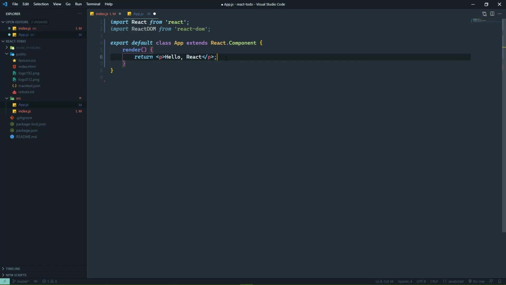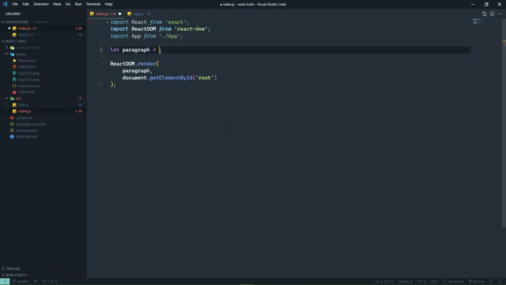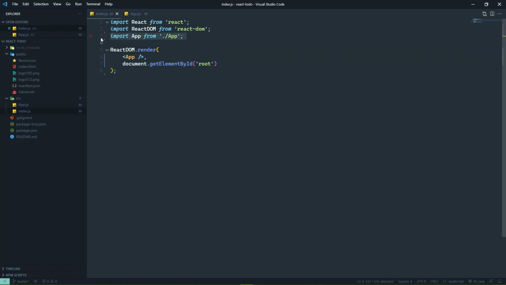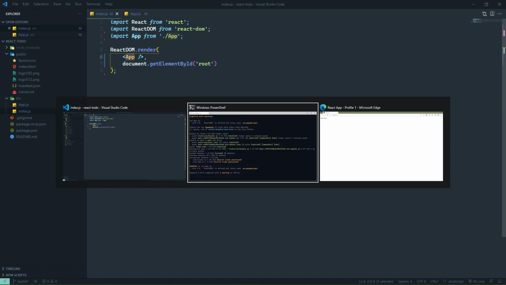So with that done, we can go back to index. We can change this paragraph to what looks like XML. Well, it doesn't look like XML. It is XML, but we are importing that app component. Then we are using it as an XML element whenever we want to render that. And whenever we go back to the browser,